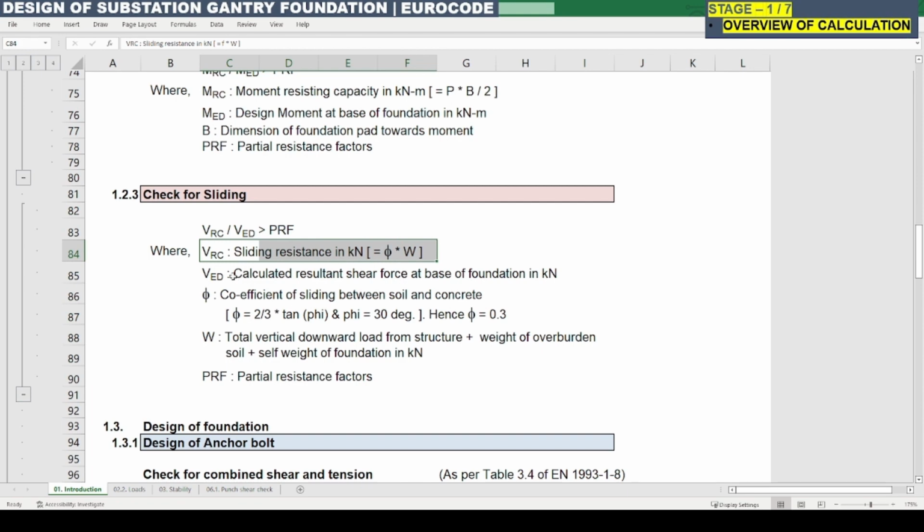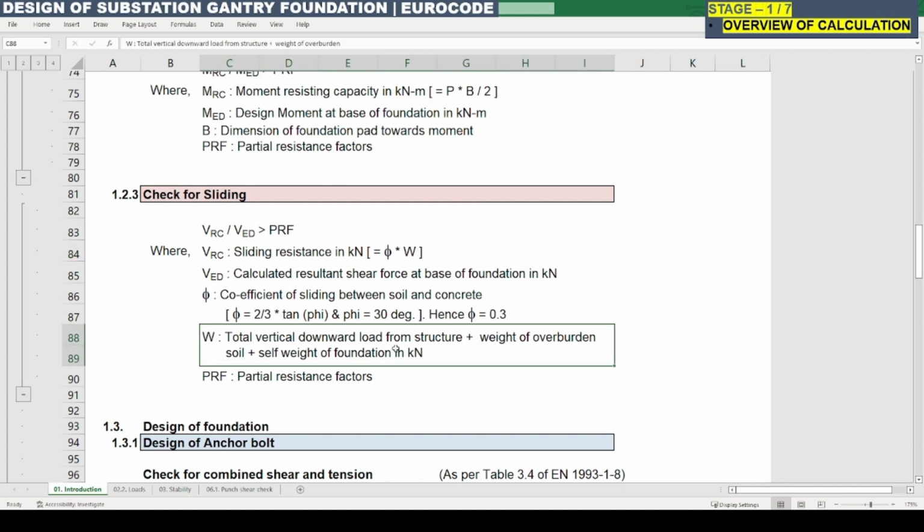VRC is the sliding resistance of the foundation in kilonewton, which is to be calculated as phi times W. W is the total vertical downward load from the structure plus the weight of overburden soil plus the self weight of the foundation. Phi is 2/3 of tan phi. So this tan phi is generally 30°, or we need to consider it according to the soil investigation report. So that 2/3 tan phi is the value of the coefficient of sliding between soil and concrete that we need to find out,